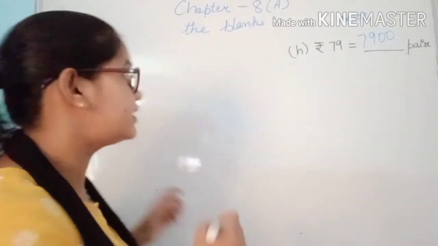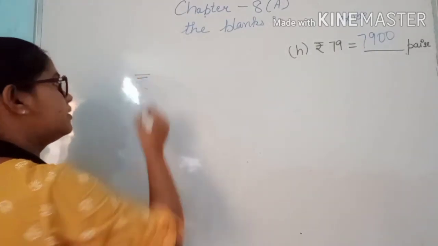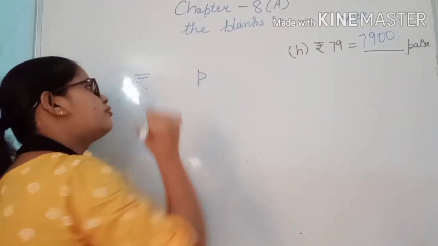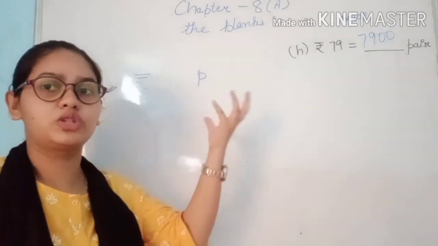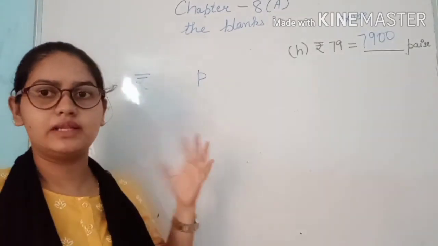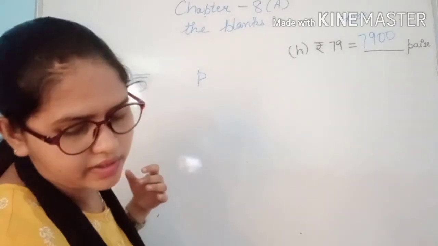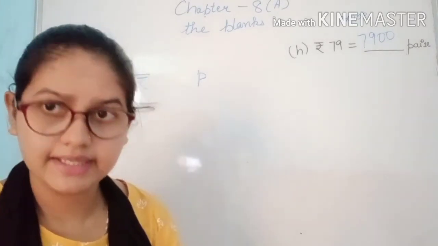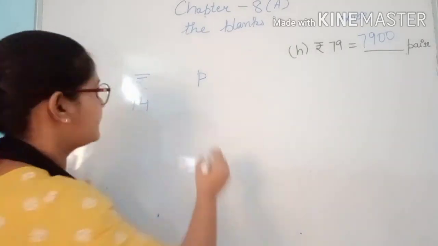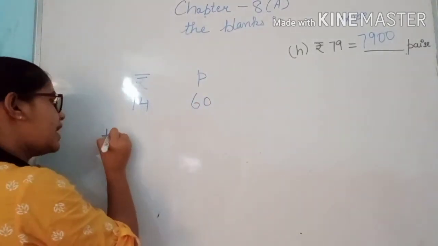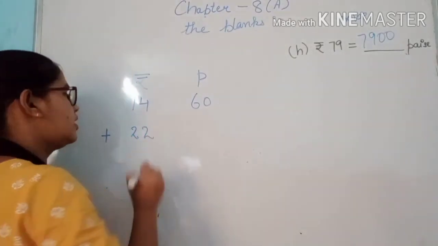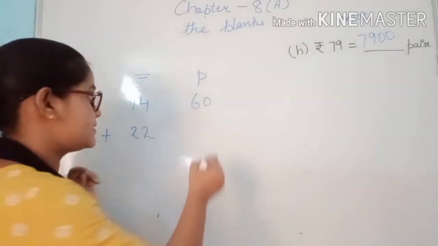So let's do the first one. What they have done here? They have divided first rupees and paisa. As in the first, when we divide the numbers into 1000, 100, in this portion also we have to divide them into rupees and paisa. So first one is 14 rupees, and on the other side is 65 paisa. And then we have to add 22 rupees, and on the next side 55 paisa.